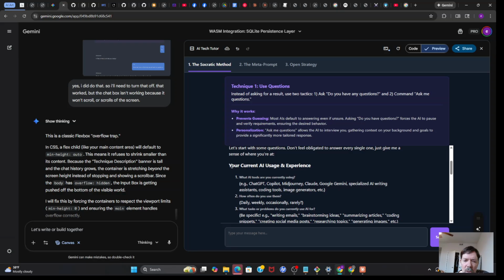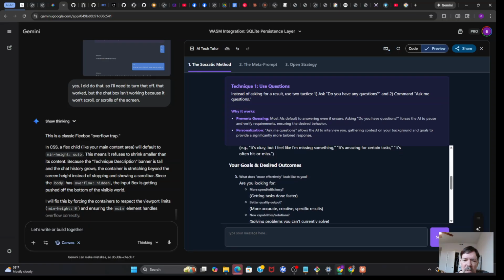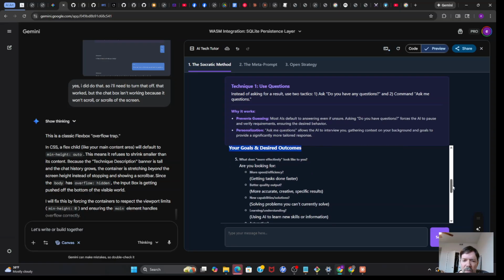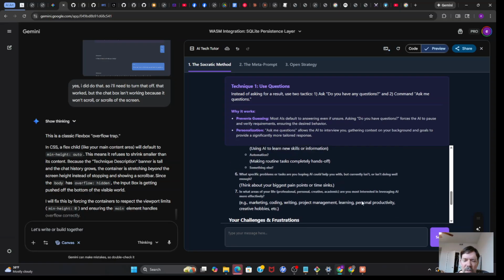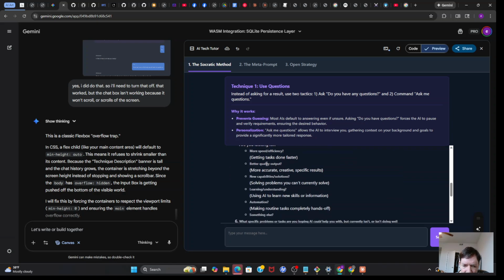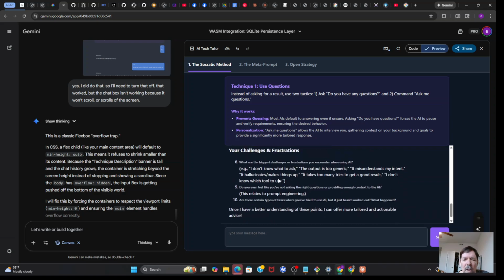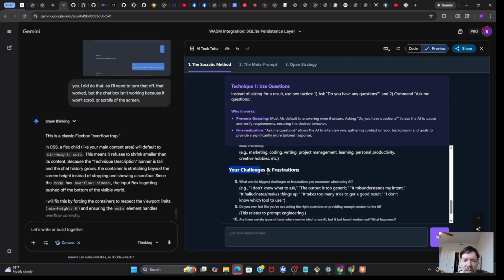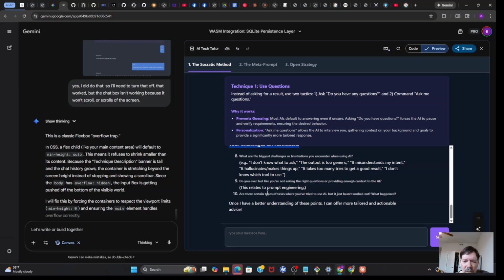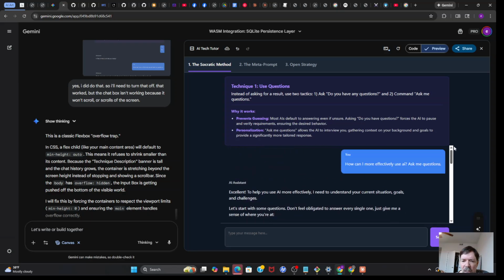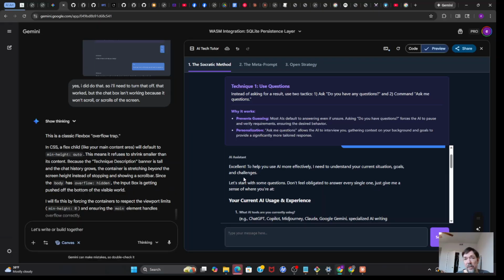It'll say, what's my current AI usage and experience? It says, what goals and desired outcomes do I have? And then you can see it's drilling down into each of these. It says, what are my challenges and frustrations? And drills down to each of these areas. And then you can just answer the questions, and you'll get a very effective result by going through that process.